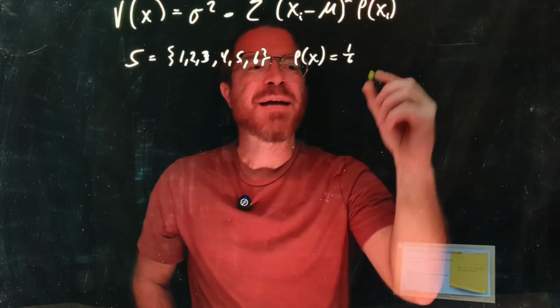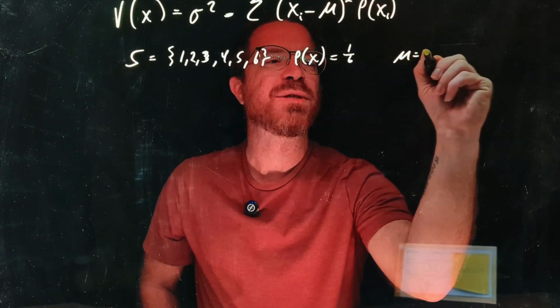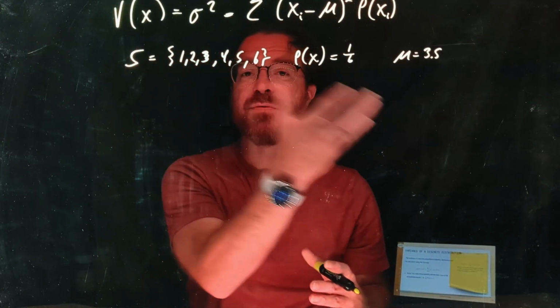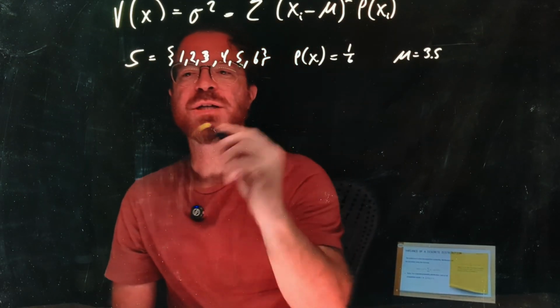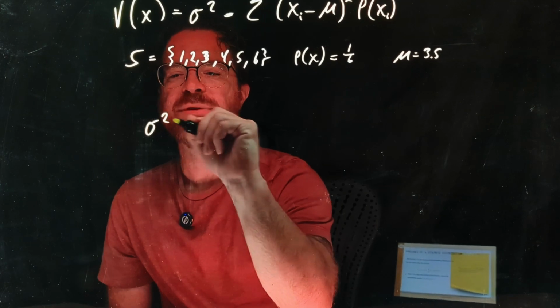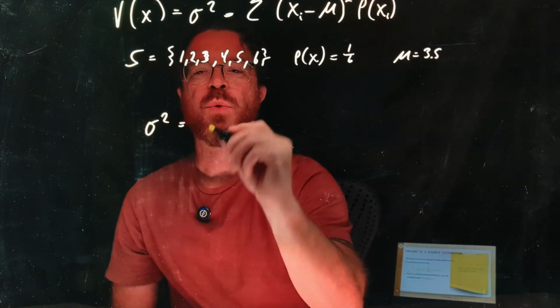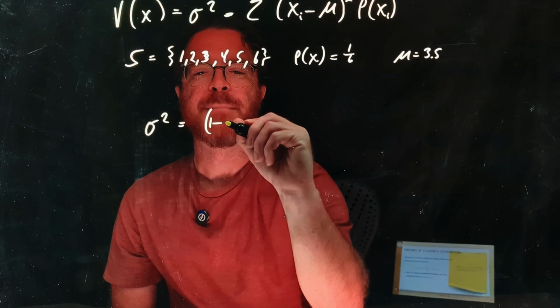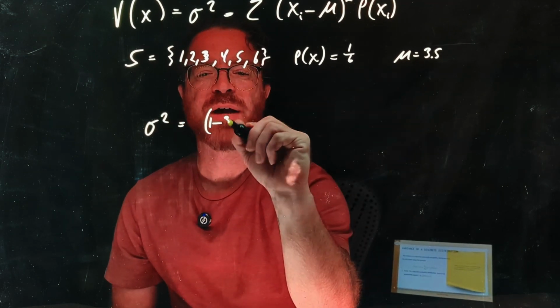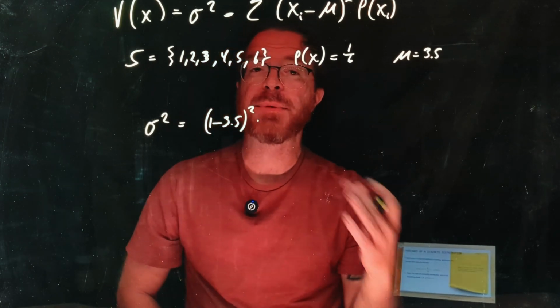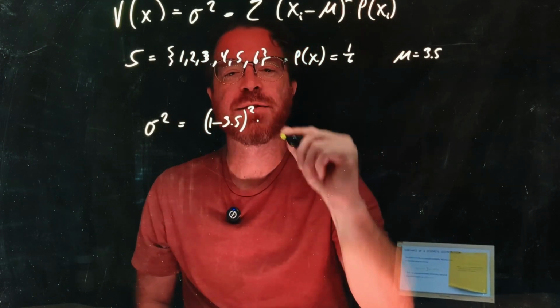We said that the expected value, mu, was equal to 3.5. So to find the variance, sigma squared is equal to the first outcome, 1 minus mu, 3.5, squared times the probability associated with getting a 1, in this case 1/6,